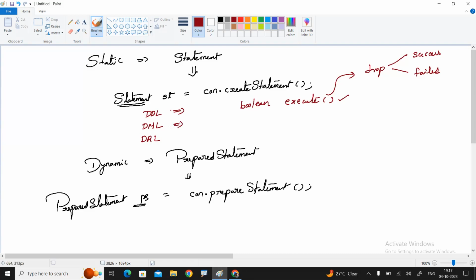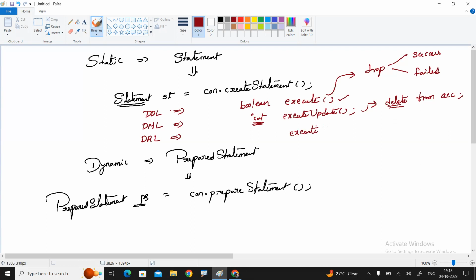If it is a DML command, the executeUpdate method is there. Return type is integer. Why? Because suppose you delete records, delete from account, how many records were deleted? That count it will give. DRL means retrieval.